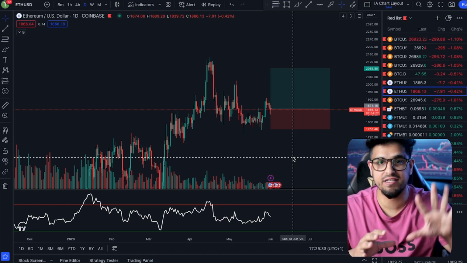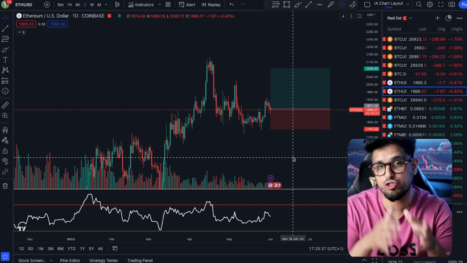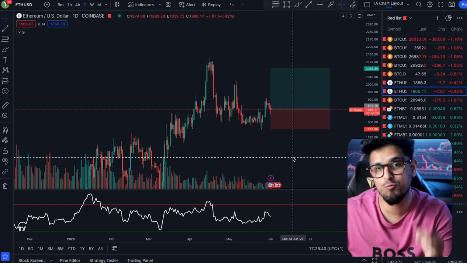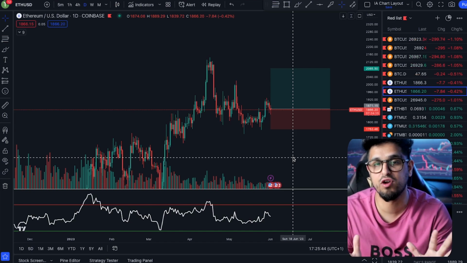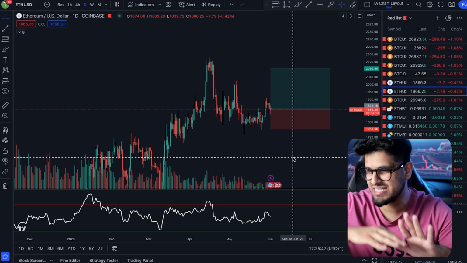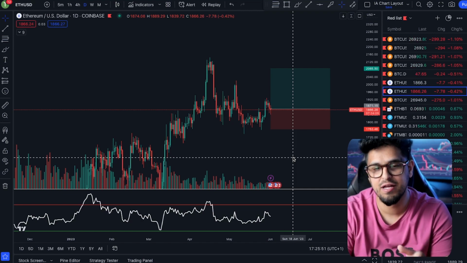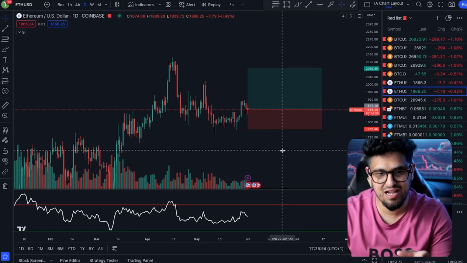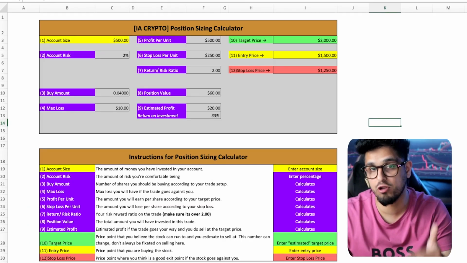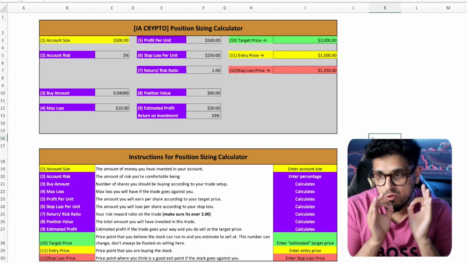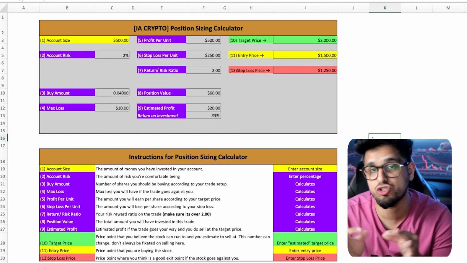We've decided how big our account size is. We started with $500. We then said that we're only going to risk 2% of our account on any one given trade. So our stop loss, if it hits, can only lose us 2% of the account. That then keeps us in the game, so we can mess up multiple times in a row and our account should not get blown up. Now we need to piece it together. So we decide, using our position calculator, what our target price, entry price, and stop loss price is going to be. Now again, this will be based on your exact trading chart pattern or indicator strategy you're using.